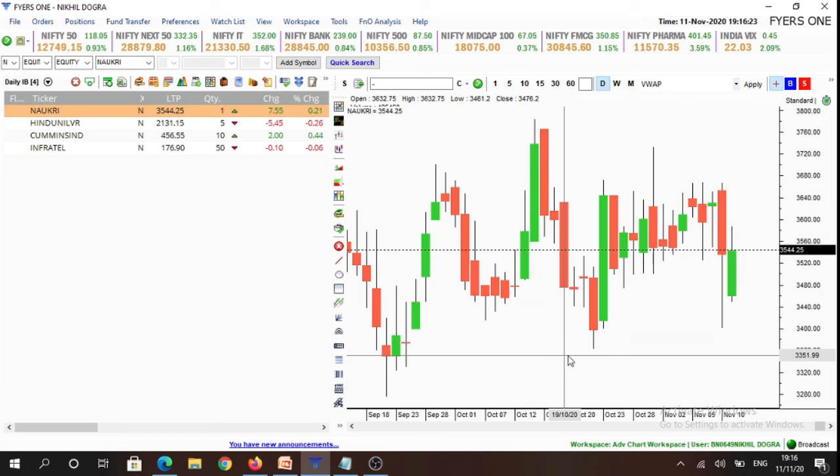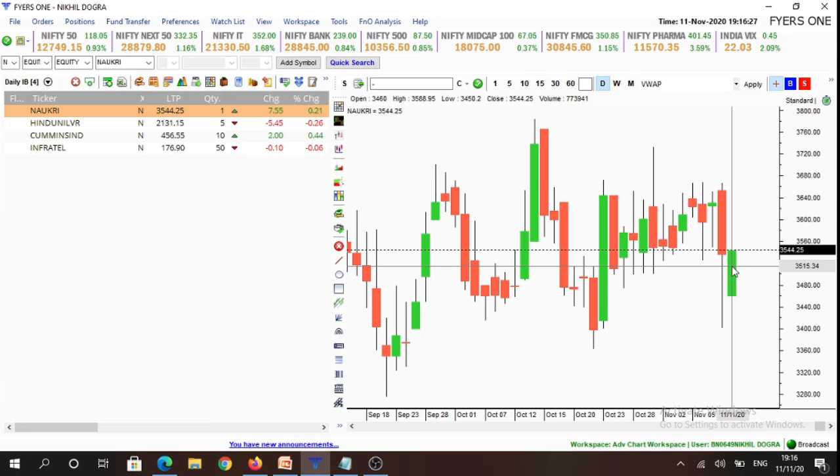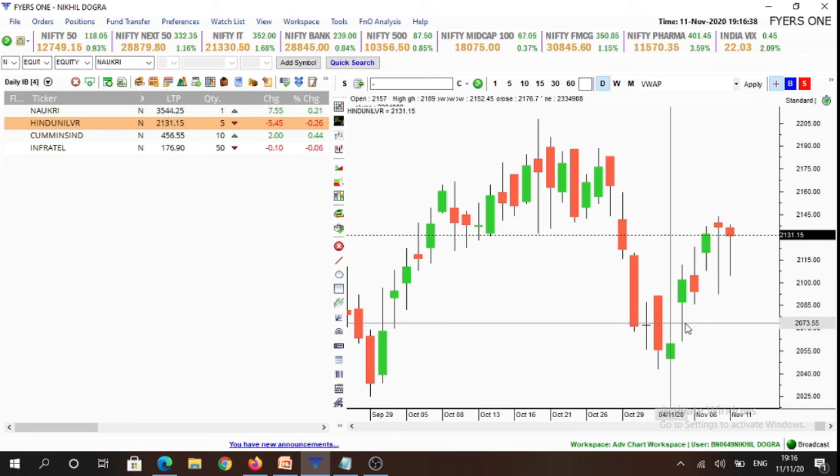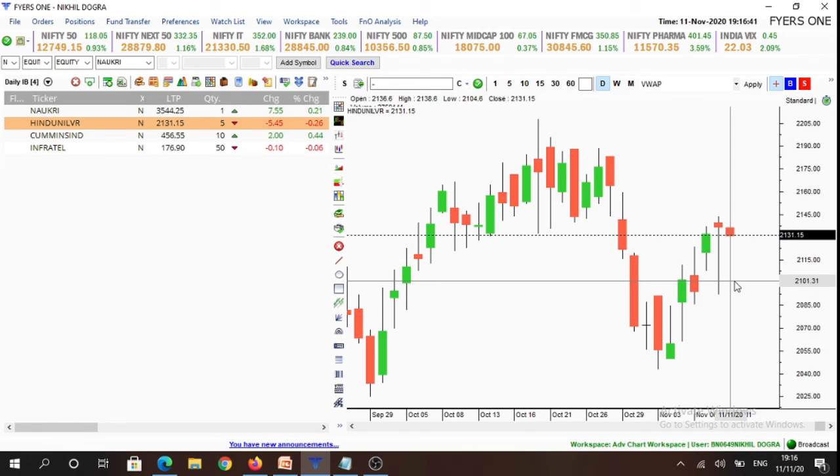If we analyze Naukri, we would look for buying opportunities above 3,589 level, or selling opportunities below 3450.1 levels. And if we see Hindustan Unilever, we'll look for buying opportunities above 2138.7 levels and selling opportunities only below